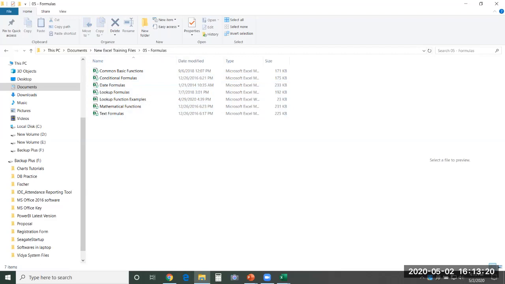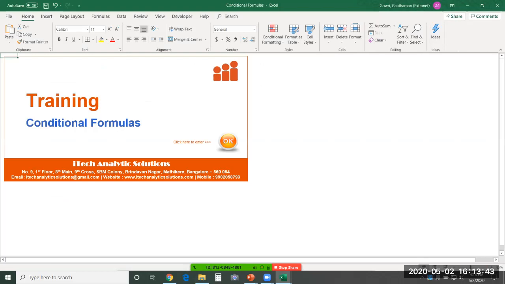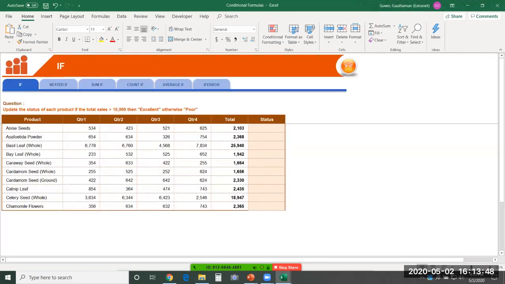We are not concentrating on those things, but the formulas that we have chosen to teach are generalized, and very much necessary for reporting purposes. Whatever kind of reports you're going to prepare using Excel, functions like SUMIF, COUNTIF, VLOOKUP, HLOOKUP. There are also some of the new functions that have been included in 2019 and Office 365. We'll be discussing those functions as well.